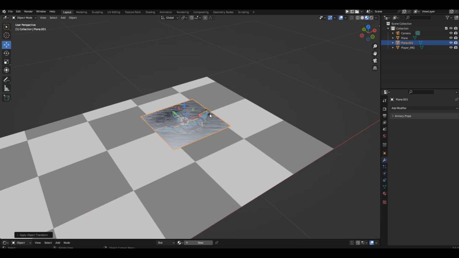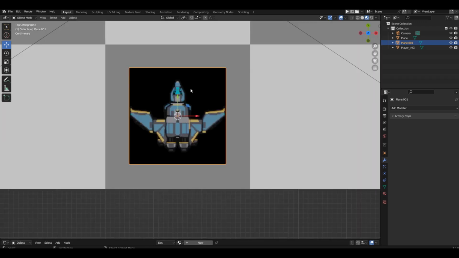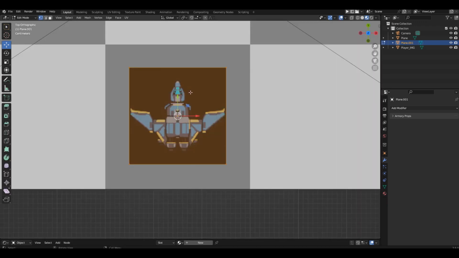Now, to save time on shaping, let's mirror it. There are various ways to do this, but the most straightforward is to add a mirror modifier. But first, let's cut off half of our plane. Go into Edit mode. Press Ctrl R. Move the cursor to the upper edge. A yellow cut marker will appear. Left-click to make the cut.